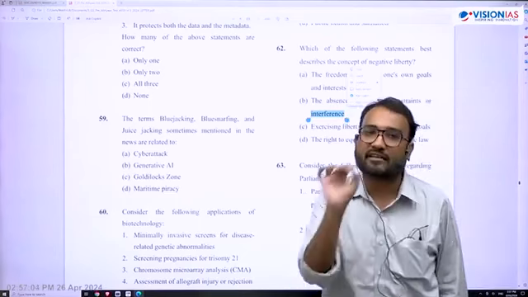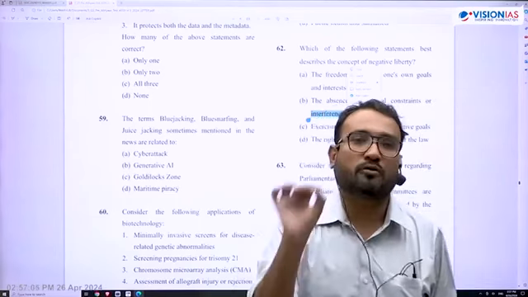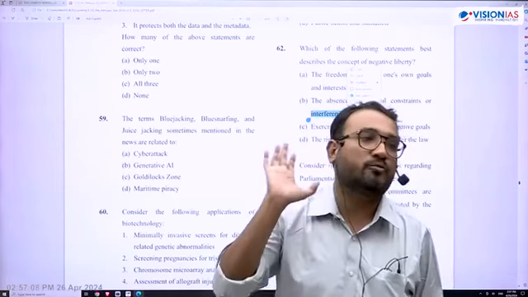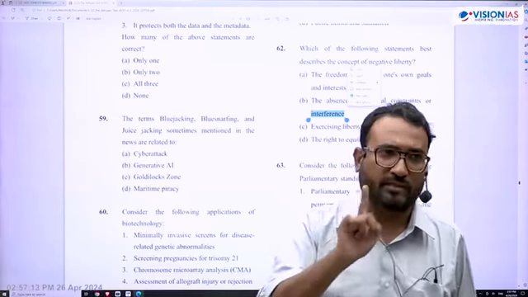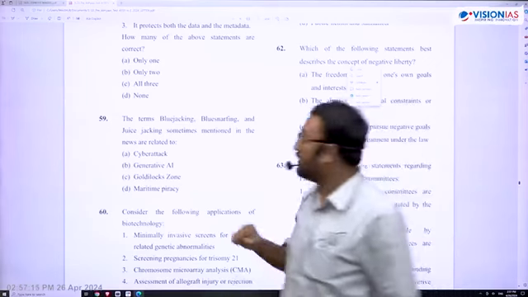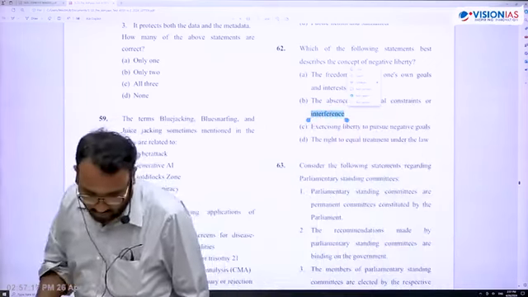If you want to read further, class 11th political theory, the best NCERT book, one of the best books that has to be read compulsorily. In the last so many years, UPSC has consistently asked one question from that book. Okay, that is class 11th political theory. We have 62. Now we have 63.